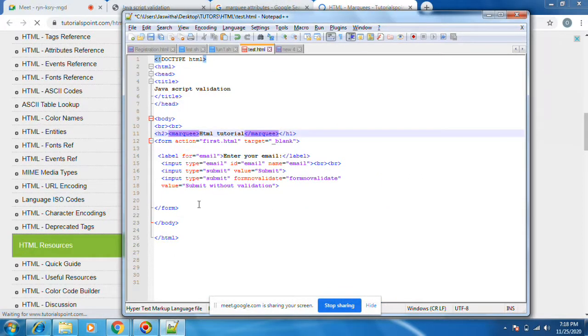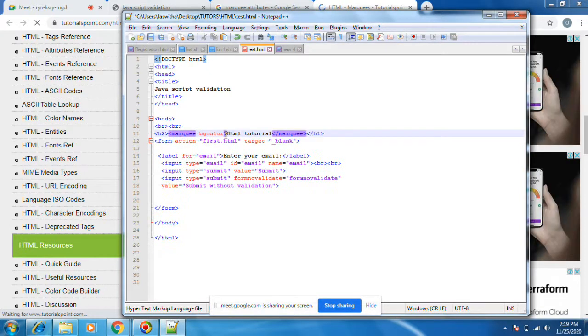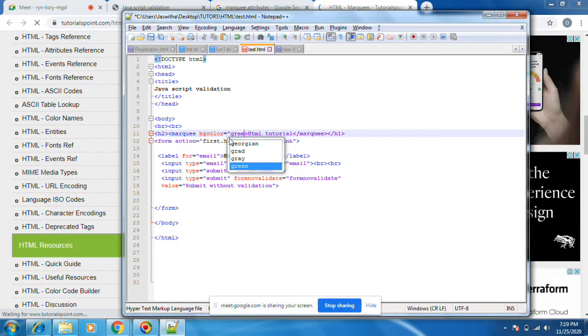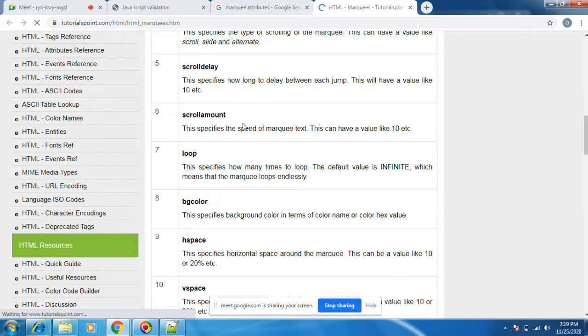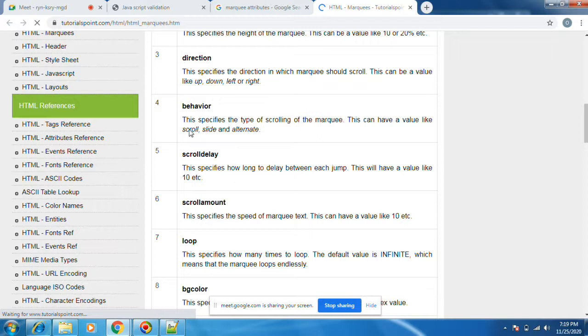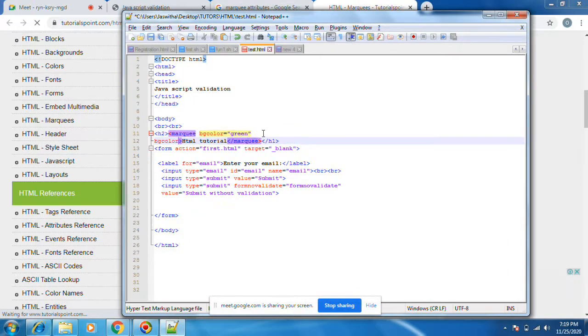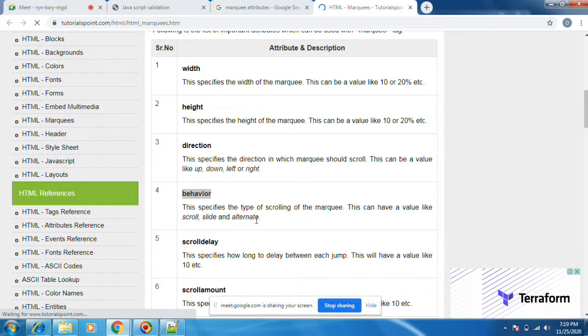You can see bgcolor. Behavior: scroll, slide.